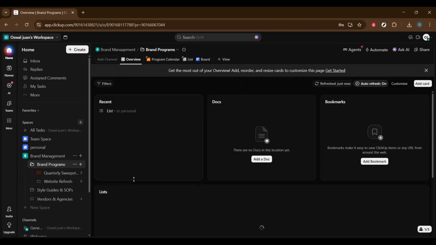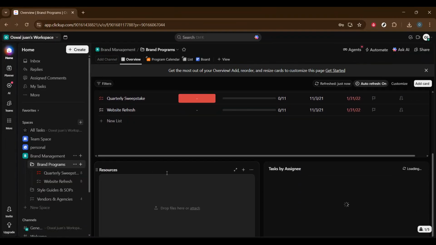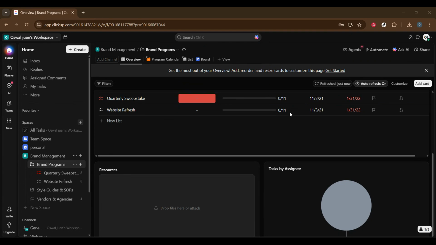Add a table view to see all your client data in a spreadsheet-style layout, perfect for sorting and filtering. You can also create a calendar view to track follow-ups and meetings, or a Gantt view for project-based client work. Each view can be customized with filters, grouping, and sorting options so you see exactly what you need at any given time. These multiple views make it easy to switch perspectives depending on whether you're doing data entry, pipeline management,